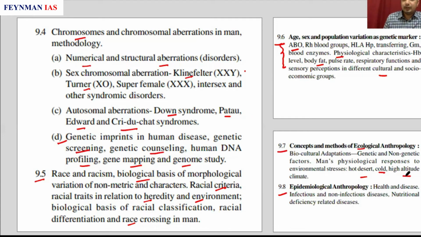Okay, so those aspects are not too difficult at all. Both in cultural and biological aspects we study here how humans adapted to this. Okay, easier chapter. And then epidemiological anthropology is very, very relevant in the current scenario. Here we study health and disease. Okay, so infectious problems in humans that lead to human death, human population variation, and non-infectious diseases, those that don't spread,